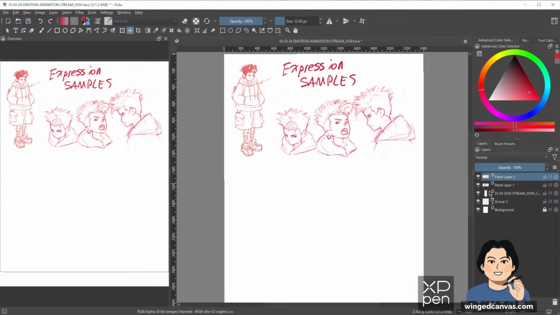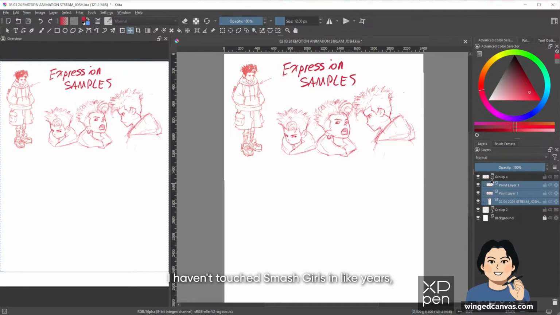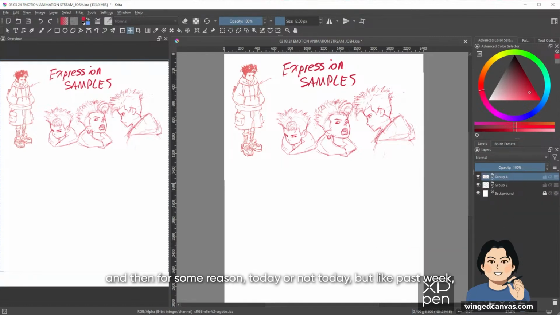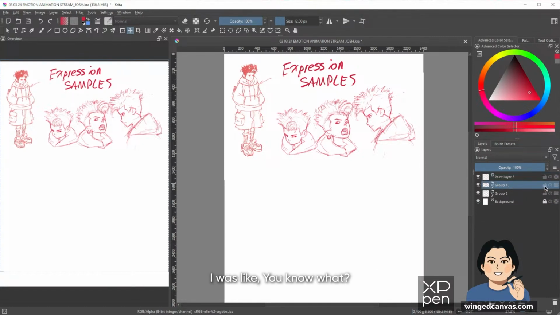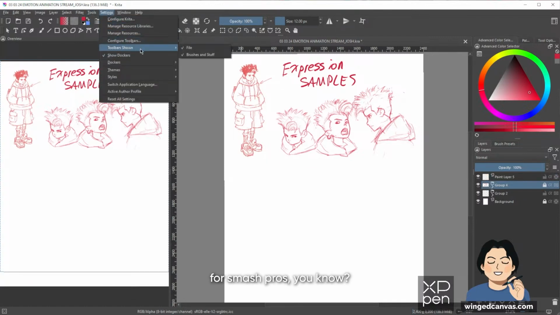Reading and just playing a lot of Smash Bros, actually. I haven't touched Smash Bros in years, and then for some reason this past week, I was like, you know what? I kind of wanna get into Smash Bros, and so I've been rebuilding the muscle memory for Smash Bros.